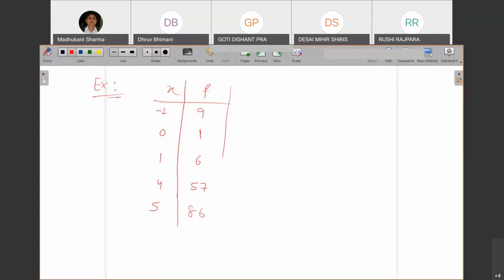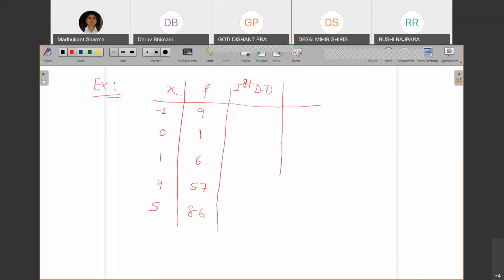So by looking at the data, you can observe that there are 5 points: 1, 2, 3, 4, 5. So n plus 1 is 5, right? So it will be a 4 degree polynomial. So the interpolating polynomial is going to be a polynomial of degree 4. But that will not be the case when we derive it originally. So if you go for the first divided difference,